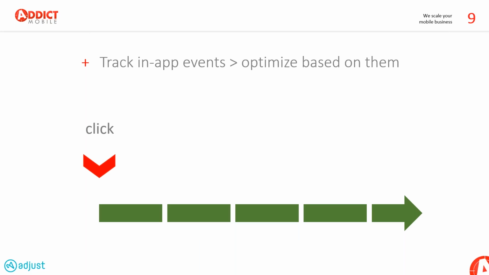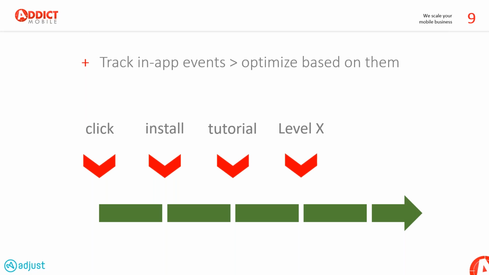For example, inside a game, you can implement a tutorial, so you know all the users that finish the tutorial, or reach a specific level, for example level 3, 5, 10. The best is to track short-term, medium-term, and long-term levels to follow the whole life of a user. And of course, in-app purchases in order to track the ROI of your campaigns. So please think about it when you start user acquisition: implement a proper SDK, and implement efficient in-app events to